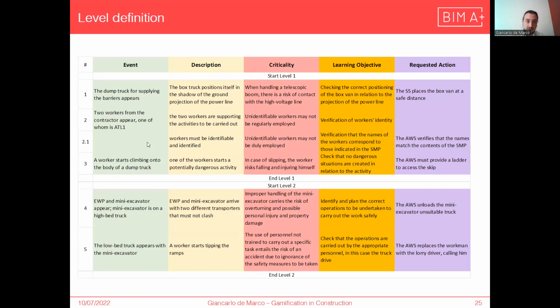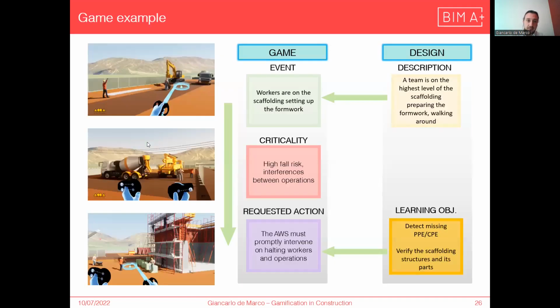Just to make an example, a team is on the highest level of the scaffolding that we can see in the lower picture on the left, preparing the formwork, just walking around. So for the workers, the event presenting is the same.